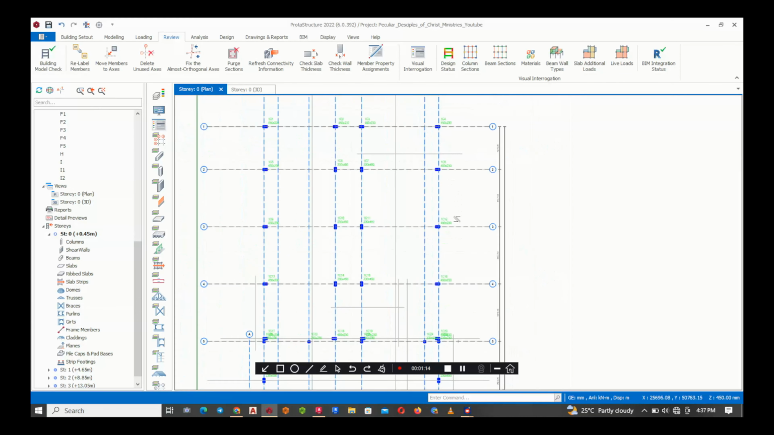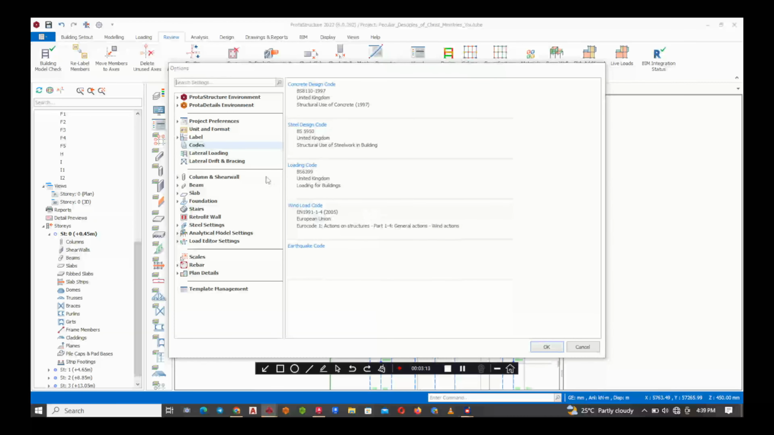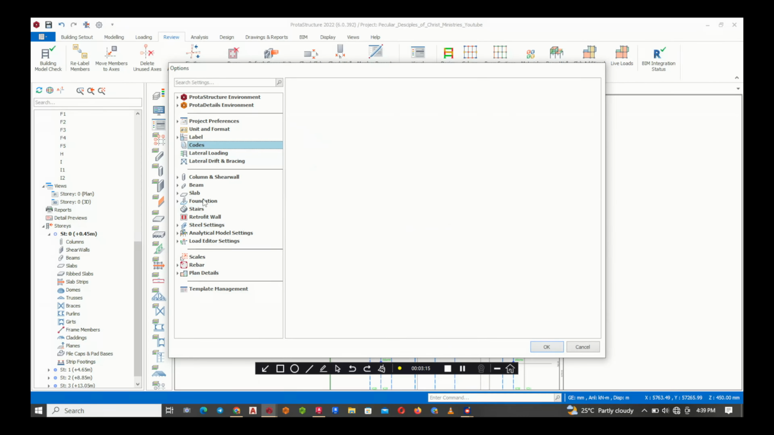Okay, so now let's continue. So the first thing you do before you analyze your foundation is to go to your settings. I'm using ProtaStructure 2022 for this exercise. So go to the settings center, which is here at the top left corner of your screen. Sorry, you click on settings, wait for it to load. Okay, so you go to foundation, which is this,